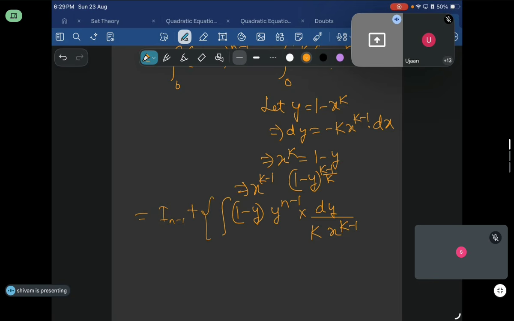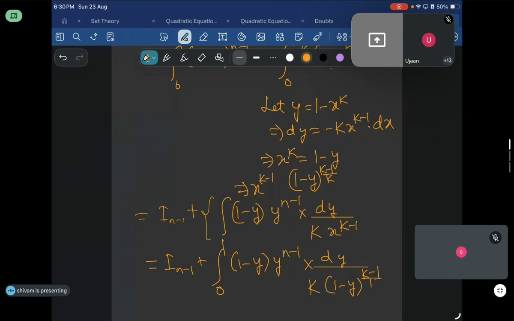x. First of all, I'll divide by k. When I'm raising the power by 1 by k on both sides, it will become 1 by k. Then I'm raising the power by k minus 1 on both sides, so it will become k minus 1 by k. Okay, but again, this will not be fruitful, I guess. This will become how much? n minus 1 plus integral from 0 to 1, 1 minus y into y to the power n minus 1 multiplied by dy by k into 1 minus y whole to the power k minus 1